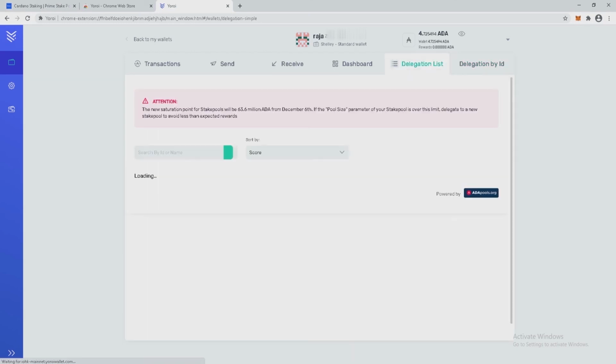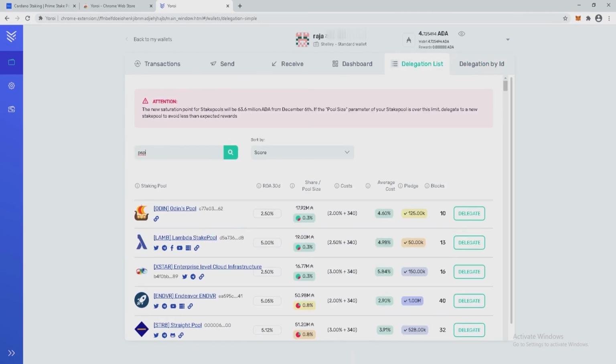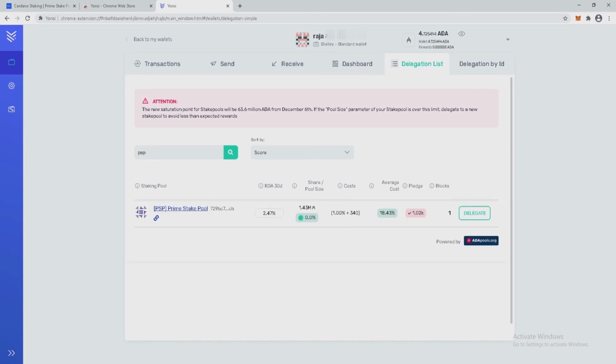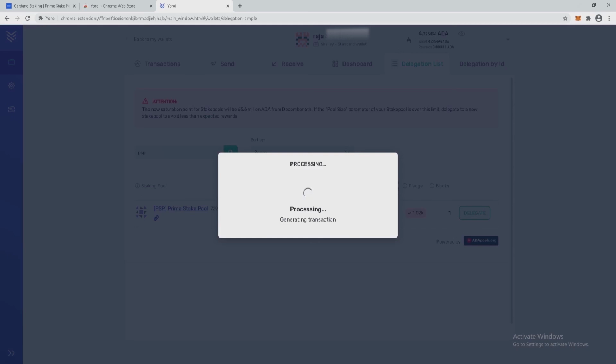So this is the pool. So click on delegate.